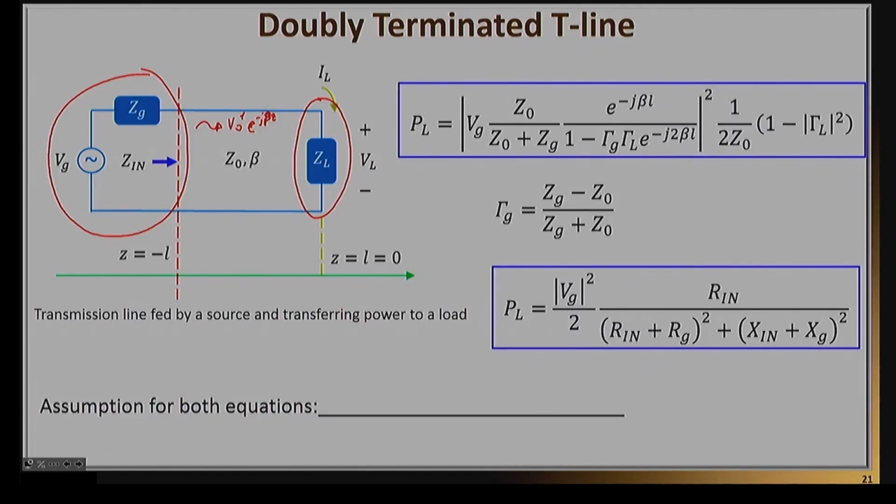The first thing I'd like to highlight is that once you have both terminations known, both the source as well as the load, you can essentially find all unknowns, including the V0 plus that we had considered known before, but we really didn't find. How can you find the V0 plus? Well, all you have to do is apply the boundary condition at this end of the transmission line. Essentially, that V0 plus will have to be equated to the voltage division that is caused by this circuit that you see right here.